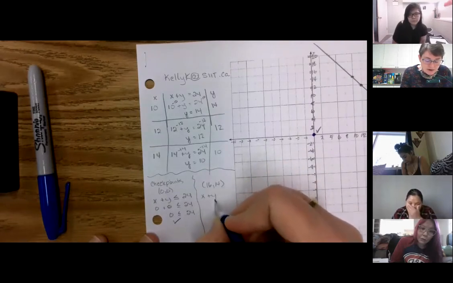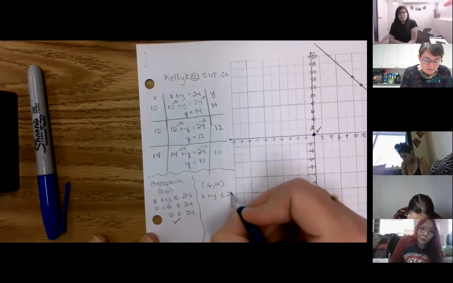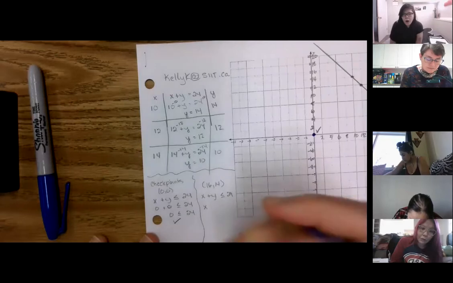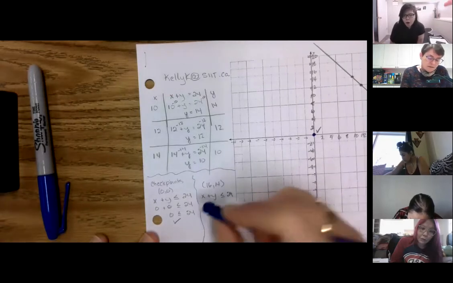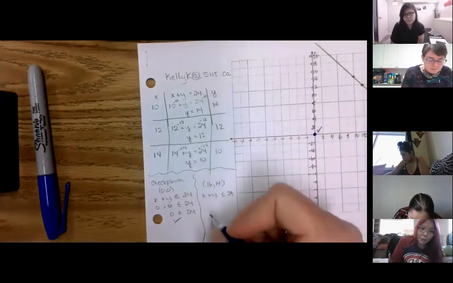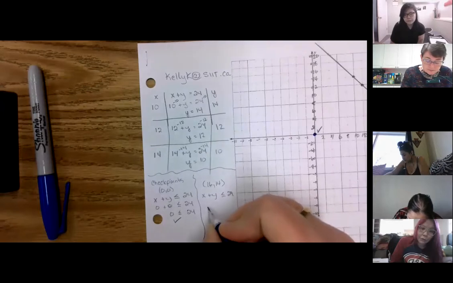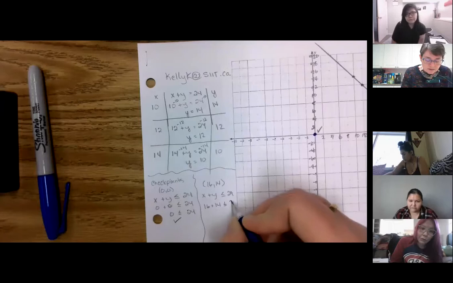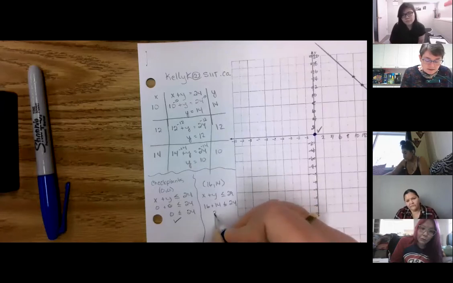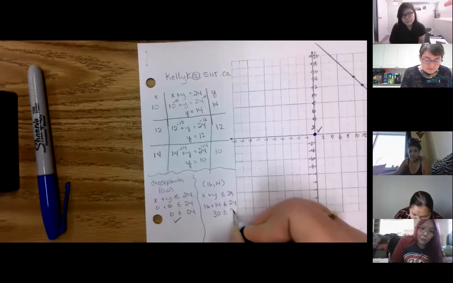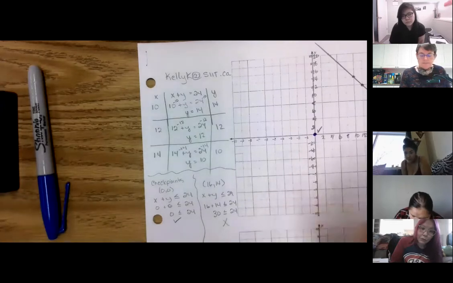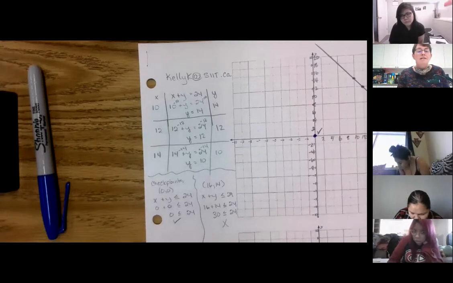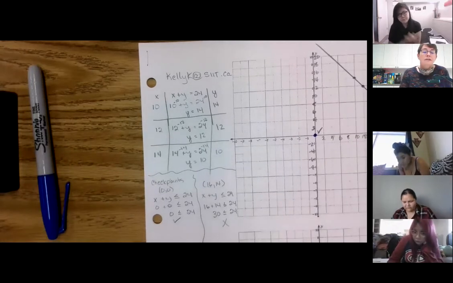X plus Y is less than or equal to 24. Oopsies. Now I put my numbers in. Sorry, 16 plus 14 is less than or equal to 24. And I think that's 30. Yeah. So this is the no side, this is the yes side. That's pretty cool. That's good. When they both work out,